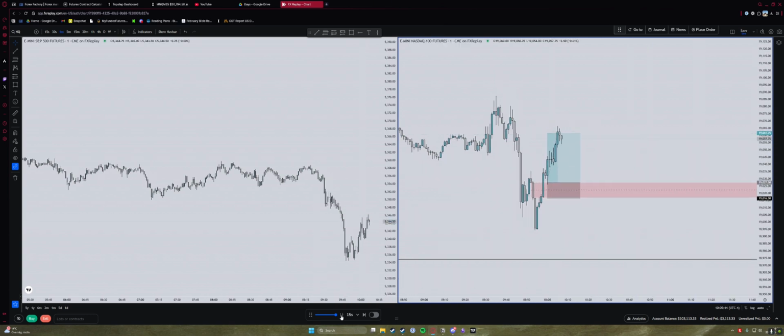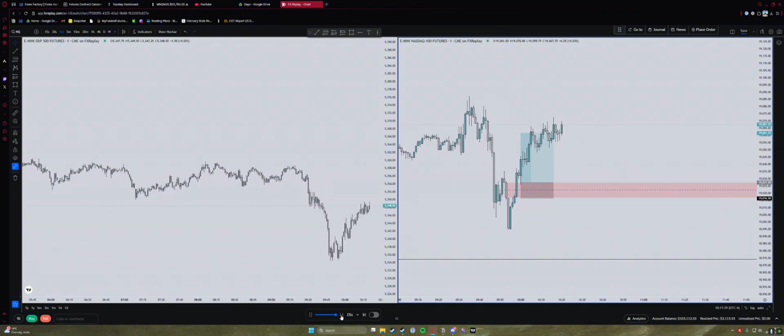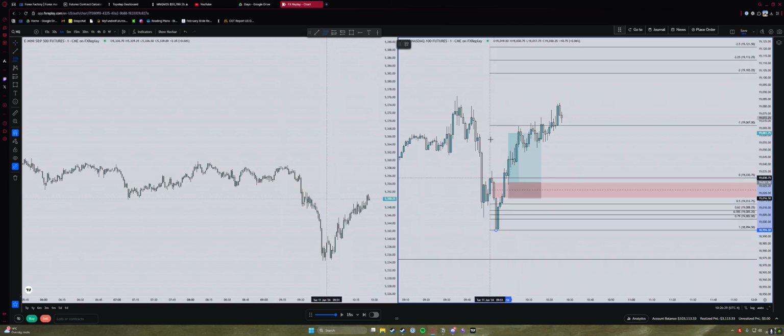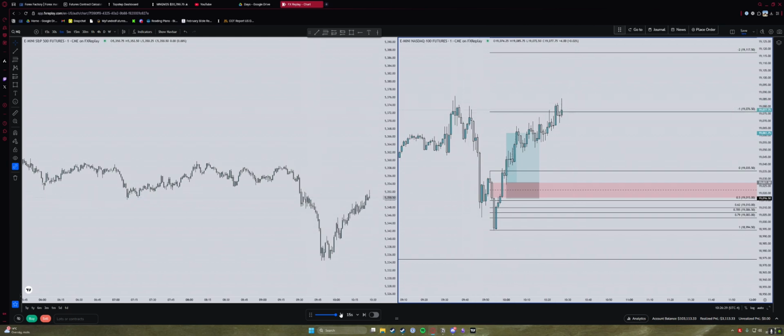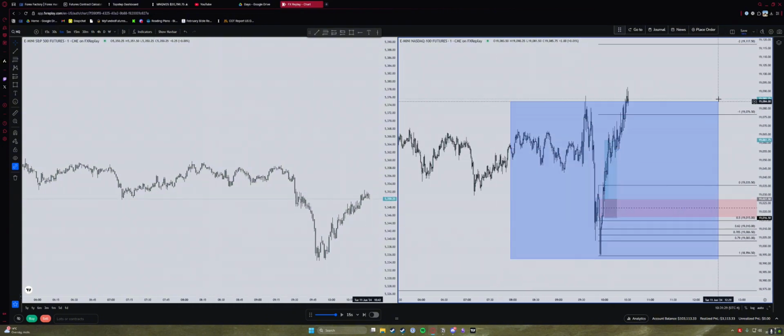I just want to see where we're going as well in this trade. If we could have targeted something like maybe -1 on the standard deviation, it would have gotten hit. This would have gotten hit as well. Maybe this one up there. But yeah, still for me a good trade.